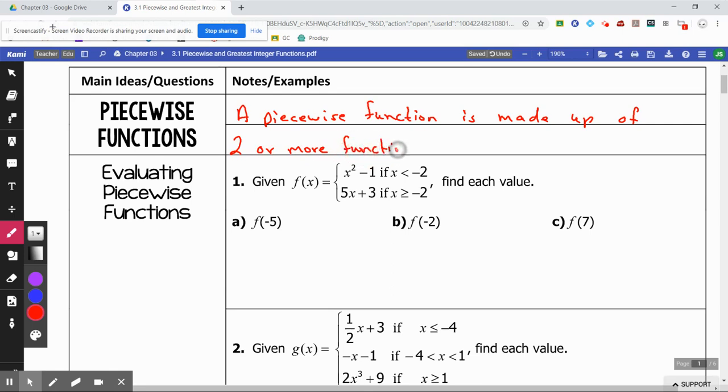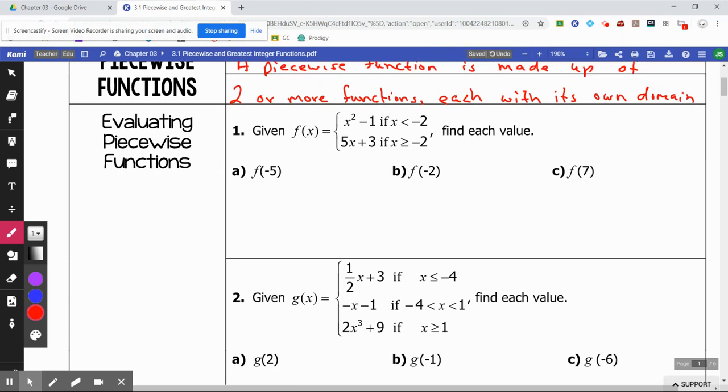Now, here's the most important part. Each with its own domain. Now, whenever I think about piecewise functions in real life, one specific example comes to mind, and that's cell